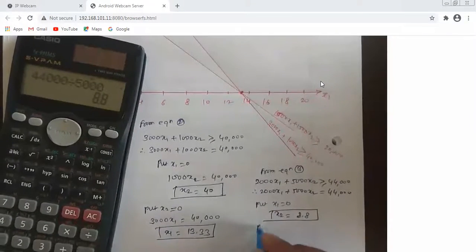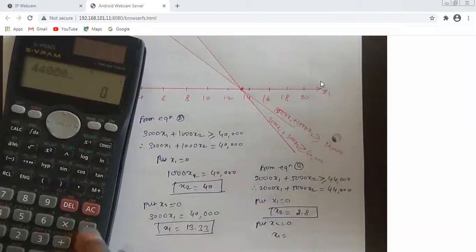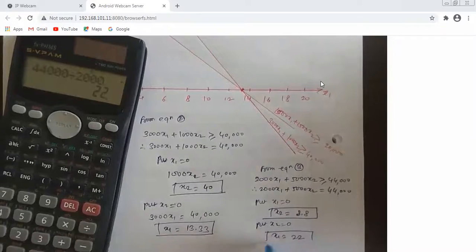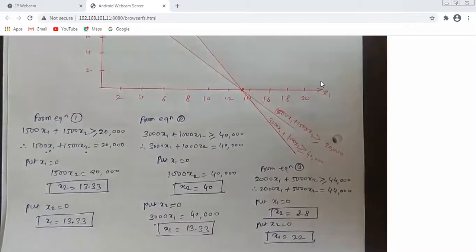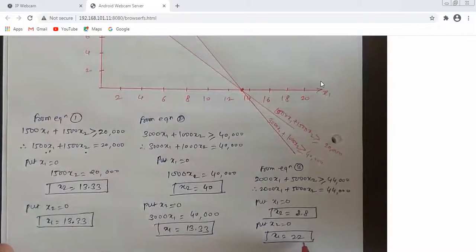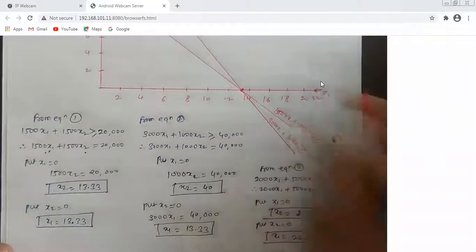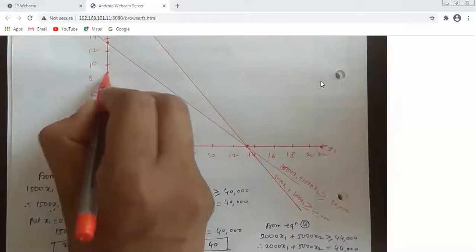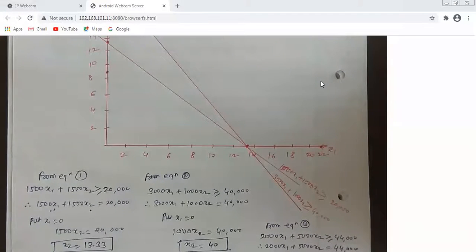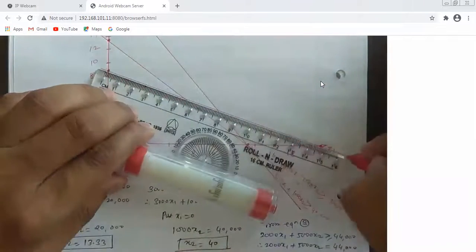Next, I will put x2 is equal to 0. Then we will get x1 is equal to 44,000 divided by 2,000. That is 22. Okay. Again, we have to draw these values on x and y scale. See now, x1 is 22. So I will add here one more scale, that is 22. So the point will become here. And x2 is 8.8. Now 8.8 will be something here. So again, I will join these 2 points with one line. We'll extend this line.